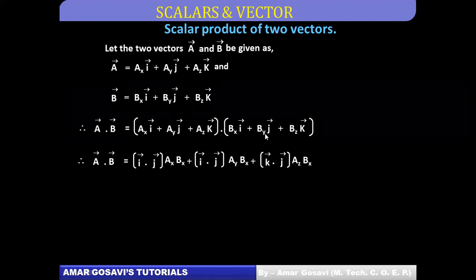Now will come the second term, BY being multiplied by this entire bracket. Hopefully you have understood the corrections. Here instead of J it should have been I cap. Here instead of J it should have been I cap. So just make that correction. So this is how you have multiplied the first term, friends.